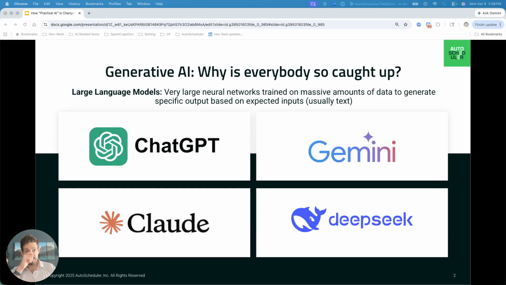And this is important because these are very specific types of neural networks, which we've already discovered are deep learning models. And they have taken what is effectively the known internet and trained neural networks on the internet such that I can input text and it will actually generate text that makes sense in response to whatever my input is. So you're familiar with the major vendors that are doing this, from ChatGPT or OpenAI, Google with Gemini, Anthropic with Claude. DeepSeek was one out of China that created quite some waves about a year ago, and how they were able to do it much more efficiently than most of the other large language model manufacturers.